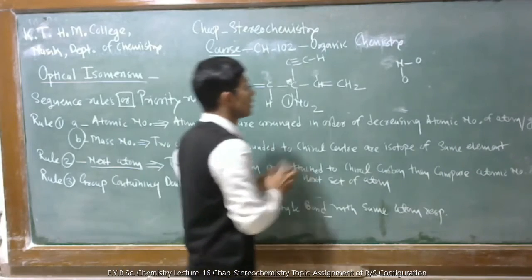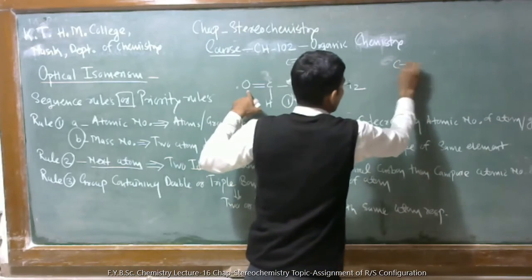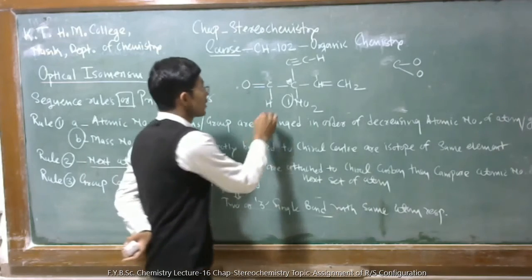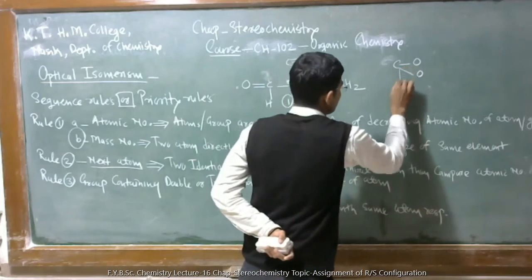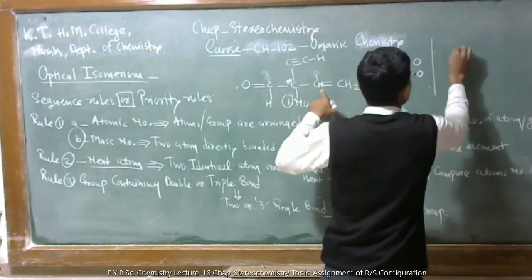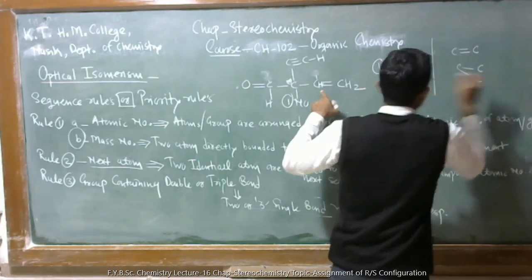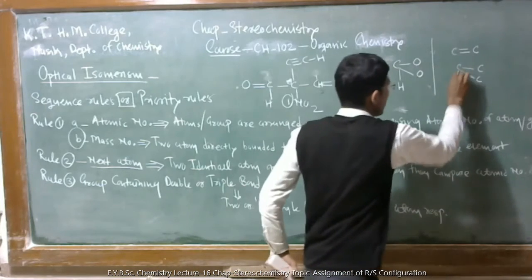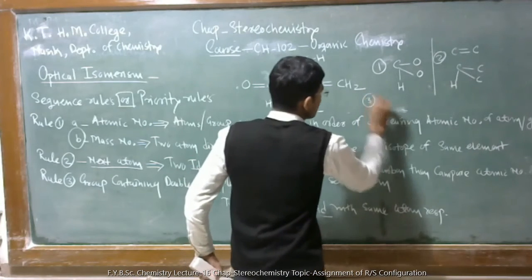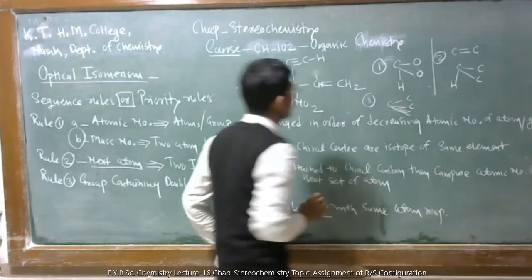For that, this carbon is attached to oxygen. So with a double bond means this is attached to oxygen 2 times. Okay, and also attached to hydrogens. In this way we have to consider. Then this carbon is attached to the next carbon with a double bond, so we have to consider that it is attached to 2 carbons like this and also 1 hydrogen. And third, this carbon is attached to the next carbon with a triple bond, 3 times. You have to consider that.